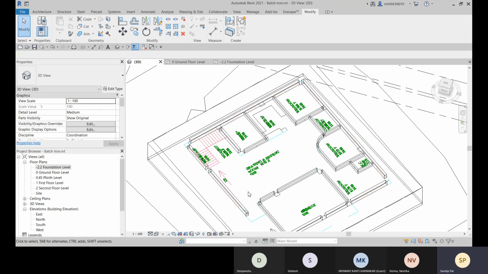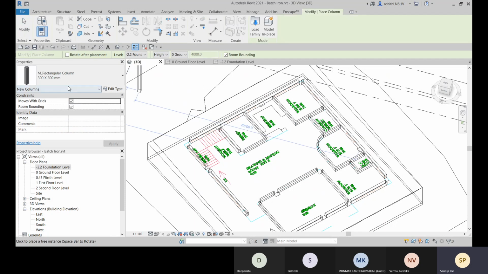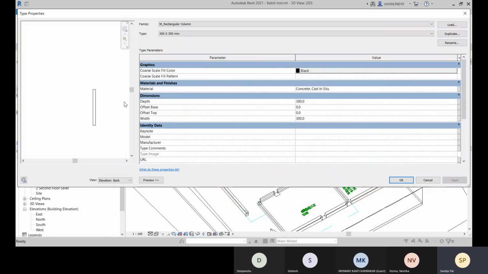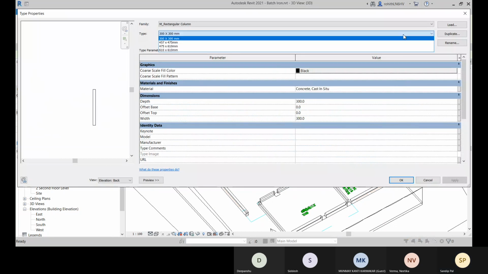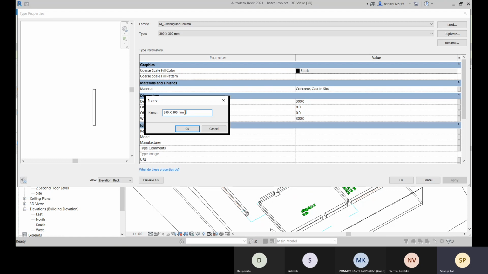Now let me show you that you can go with this architectural column also. Go with the architectural column. So here you can create that 350 by 450 column also. So you can apply that. Click on here. Go for this 350 by 450. Click on apply.